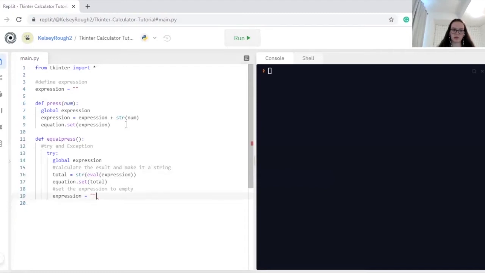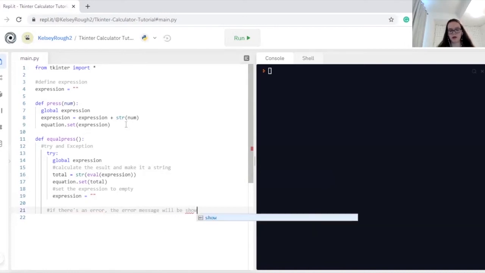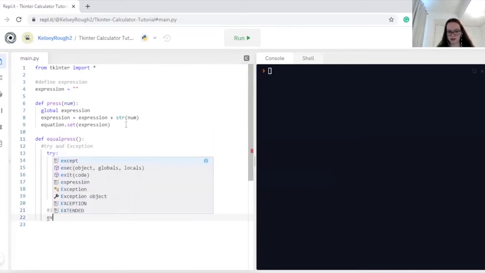So now that we're done with our try statement, we need to make our except. So what this will do is, if there's an error, the error message will be shown. So that will just show us an error message if something's wrong with the calculation, or if you've inserted some buttons that can't be pressed together or that don't form a proper equation. So we're going to do our except,